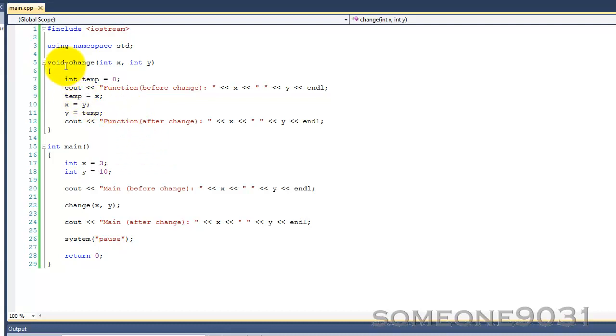So let's get started. We start by looking at this function I have written here in my code. It's a void function, which means it doesn't return anything, called change, and it takes two integer arguments, int x and int y. Change will swap the values of x and y so that x will have the value of y and then y will have the value of x. We have a temporary integer to hold the value while we're swapping it, and we print out the values of each variable